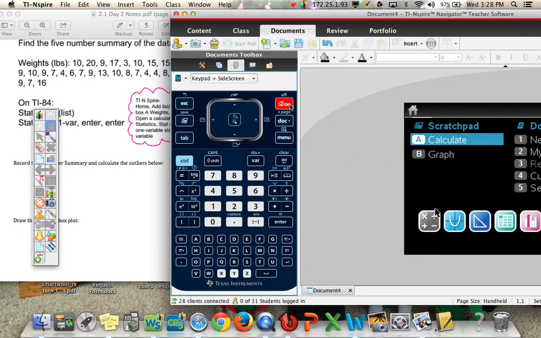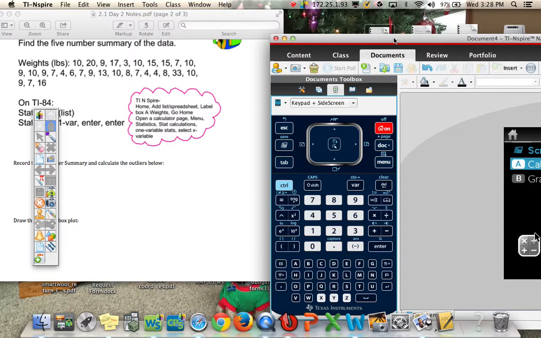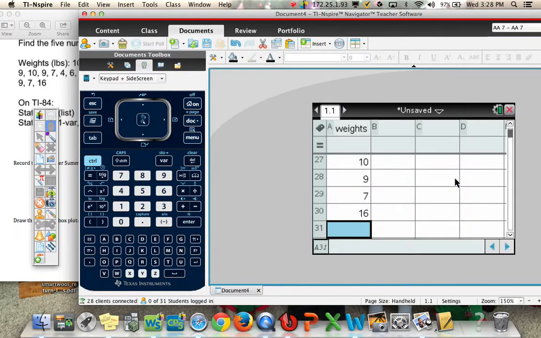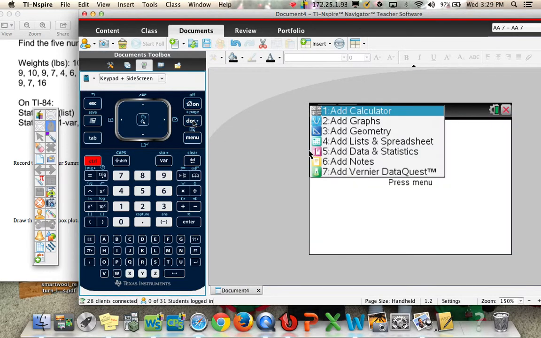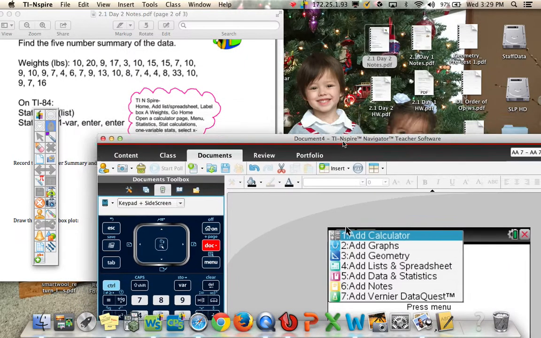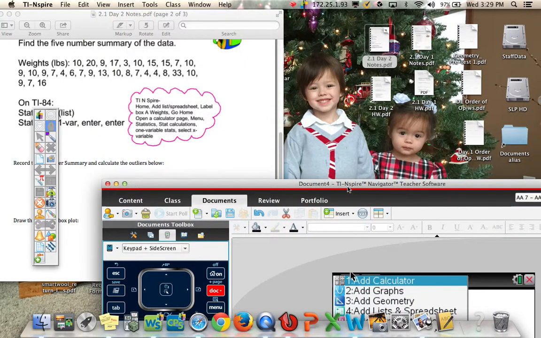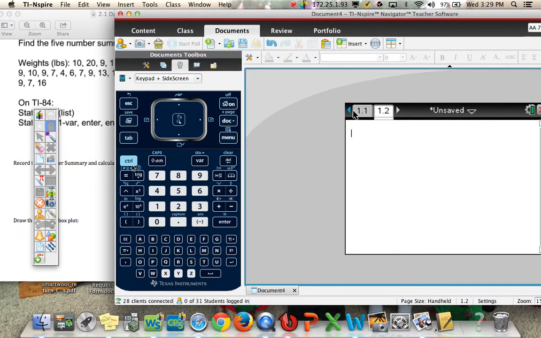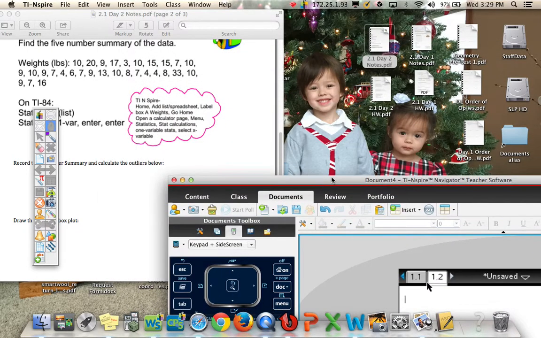So go home, open a calculator page. No, I'm going to do this. I'm going to go to my current document. All right, so let's add a calculator page by hitting Control Doc. And we're going to add a calculator page. So I'm going to hit Control Doc, add a calculator page,